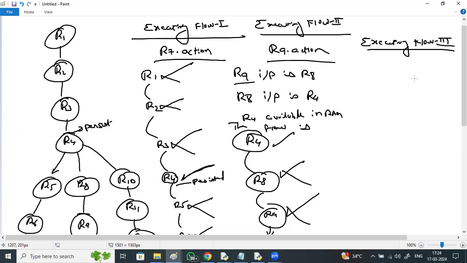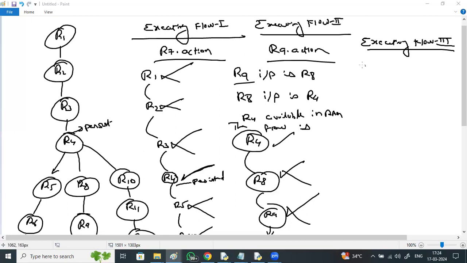Flow 2 has no need to execute from the beginning. It can execute from R4 onwards because R4 is already available. R4 output has already executed the transformation. Its output you can take with R8 and compute on. But if you're directly executing flow 2 without executing flow 1, from where do I need to start that execution? From R1 to R4 again. Because at least one flow has to get executed to persist that RDD. Then the other flows can reuse that already persisted RDD.